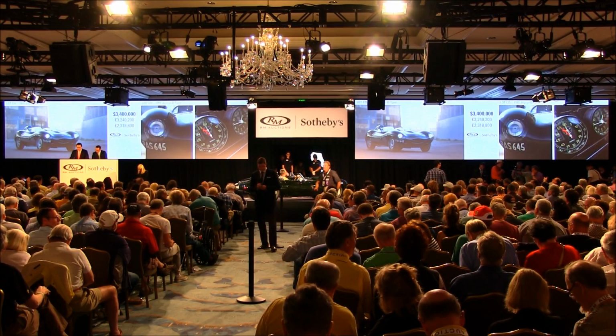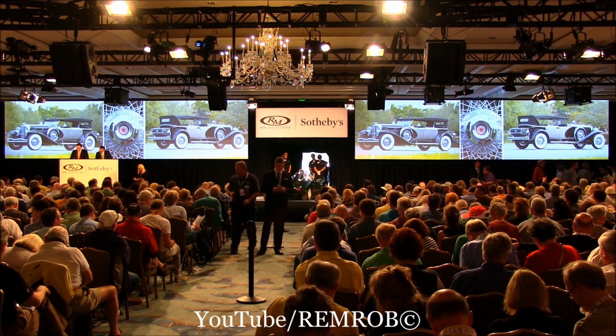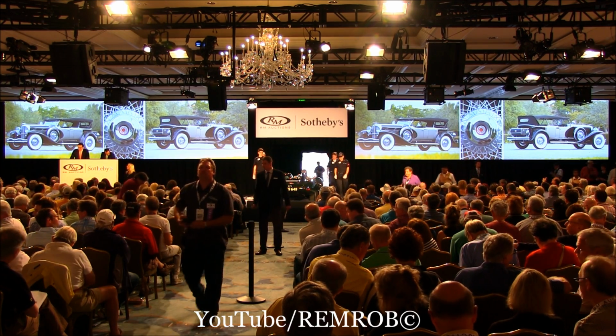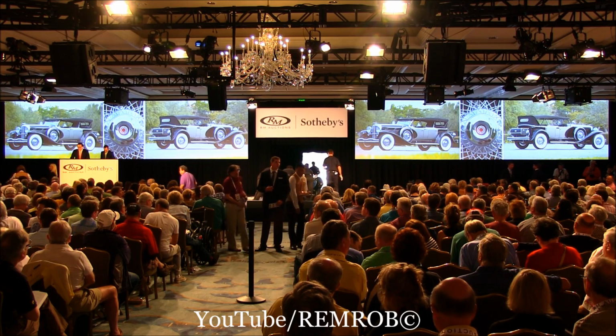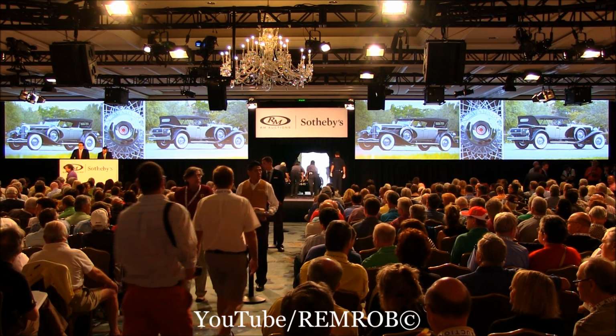Lot 136 is the 1930 Duesenberg Model J Sweep-Panel Dual-Cowl Phaeton. The grandest car of its time, so expensive, powerful, and really unattainable that most Americans could only ever dream of it or even see one. In fact, they only ever made 18 to this design, but this was the only one on the long wheelbase